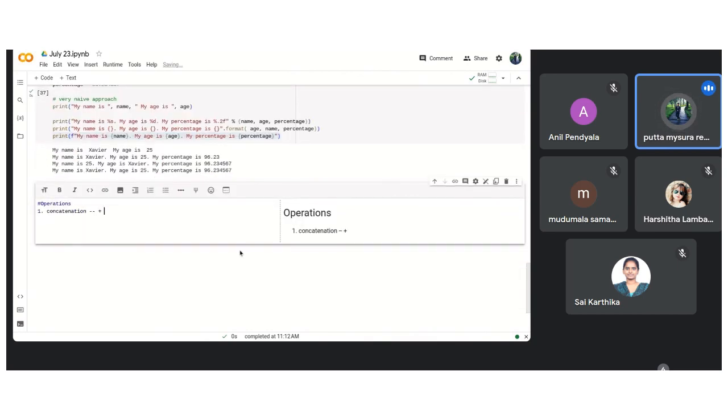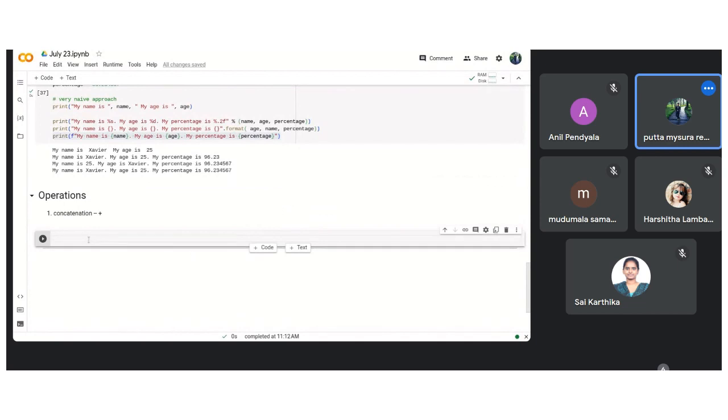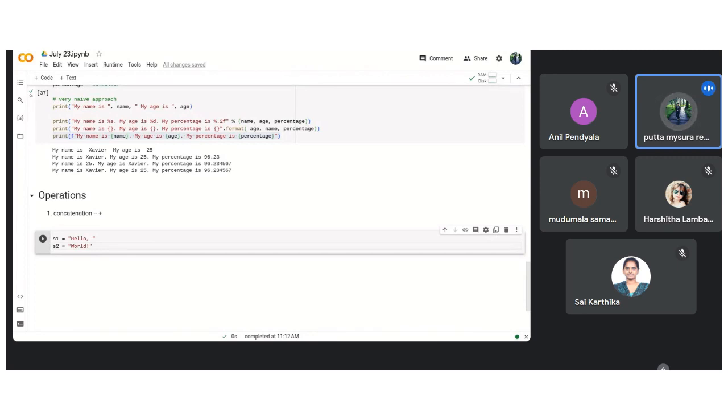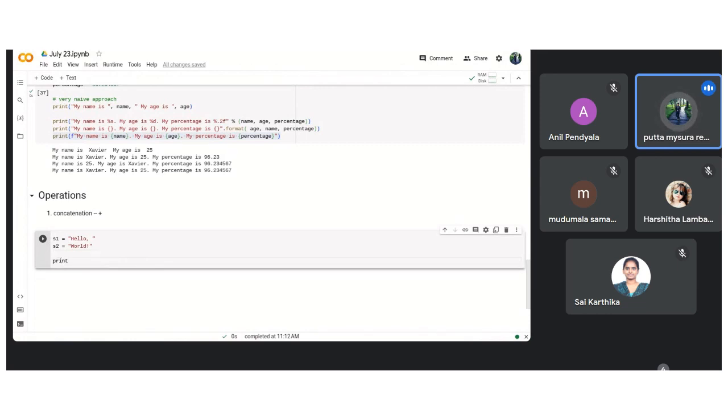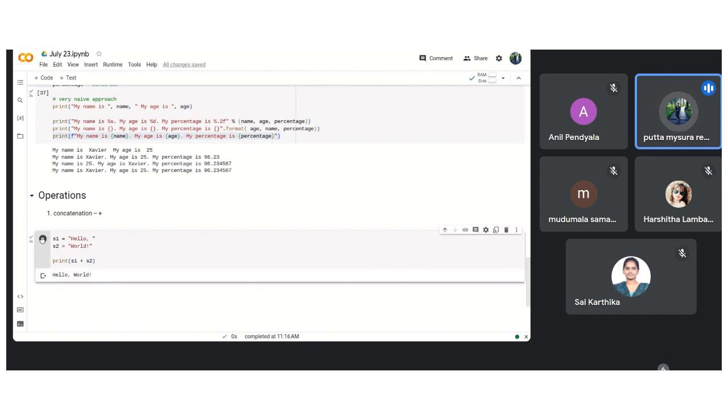Let us take an example. I have a string, Hello. I have another string, world. Now I just want to print hello world. How can I do that? I can use this concatenation operator easily on these two: s1 plus s2. It will not throw any error in Python,